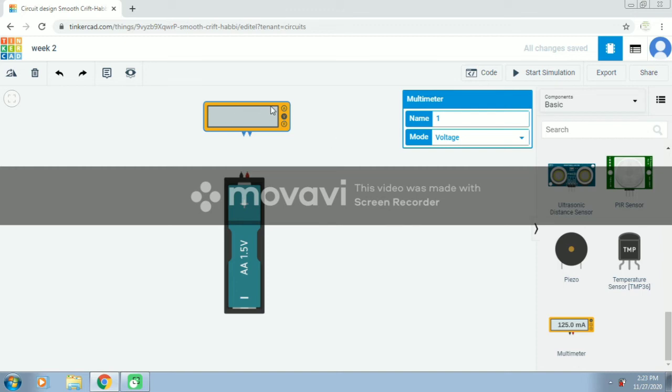Okay, so when you drag and keep the multimeter here, the details of the multimeter will pop up, and you have the mode. What are you going to select? What are you going to check? Is it the voltage, current or the resistance? Here I am going to check the voltage of this battery, so I am selecting voltage. Okay, if I am going to check the current, then I will click amperes, and if I am going to check the resistance of the circuit component, then it must be resistance. Okay, now it is a battery, so I will click voltage.